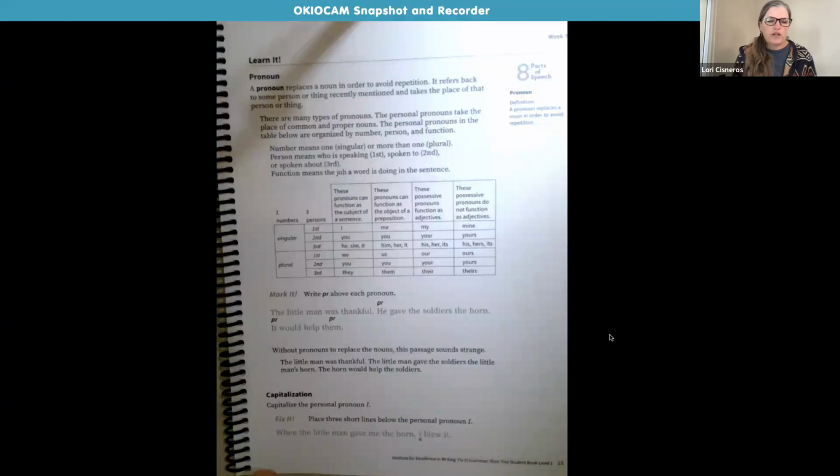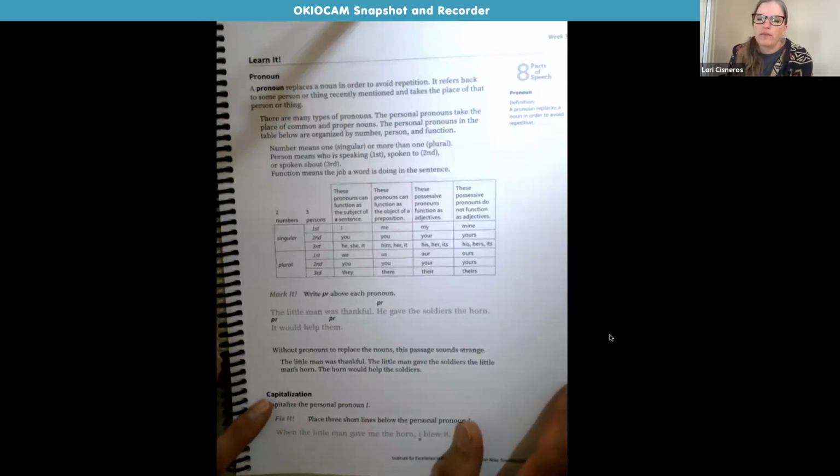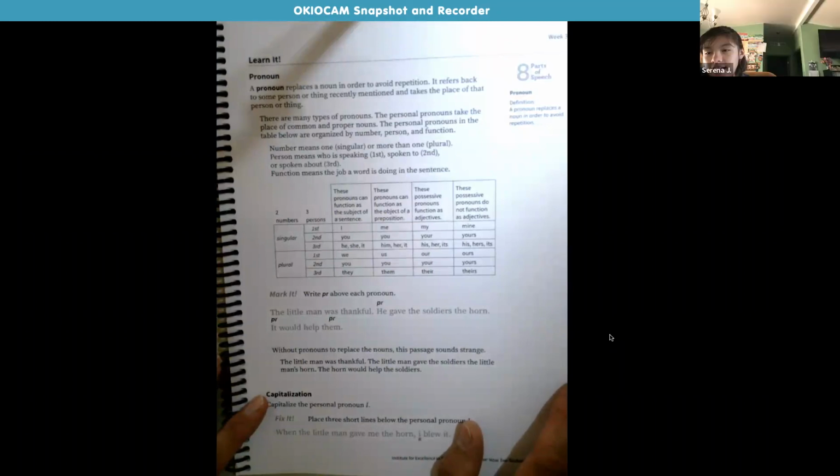And then down below, we talk about capitalization. You guys are good about that. Usually always, it's the first word in the sentence. What's another time you need to capitalize something? Can you unmute and tell me, when do you capitalize a letter in a word? Somebody's name. Somebody's name. Good. What else? Or at the start of a sentence. Start of the sentence. Cassie, what else?